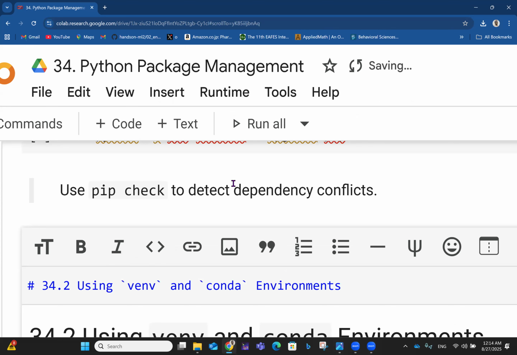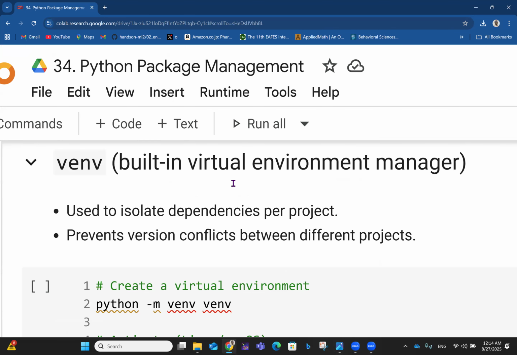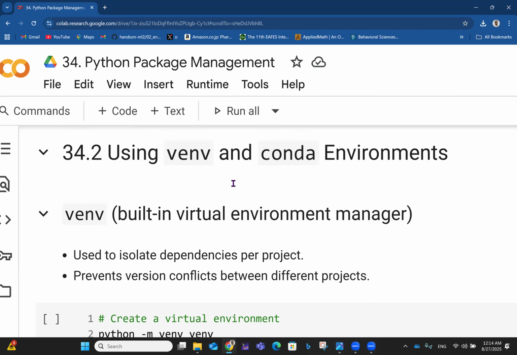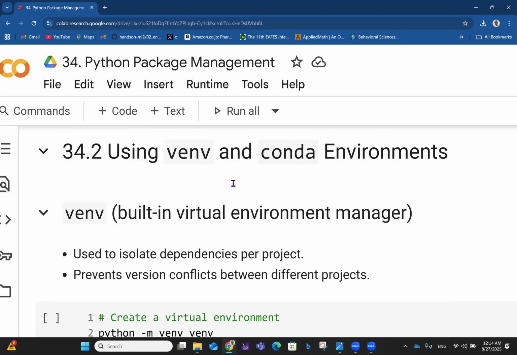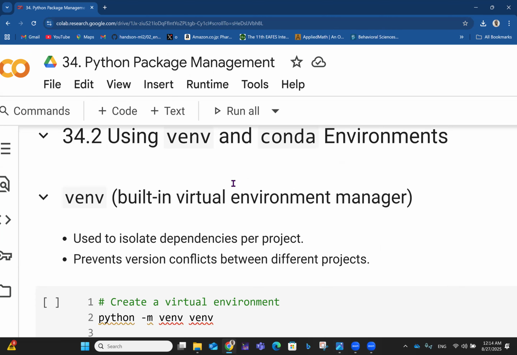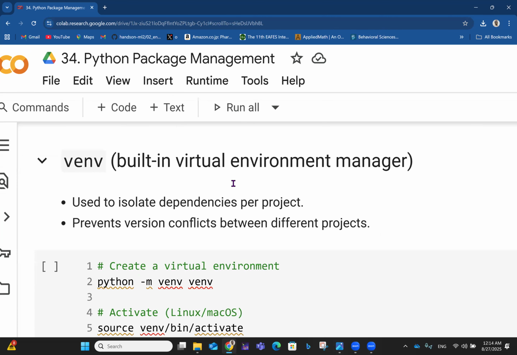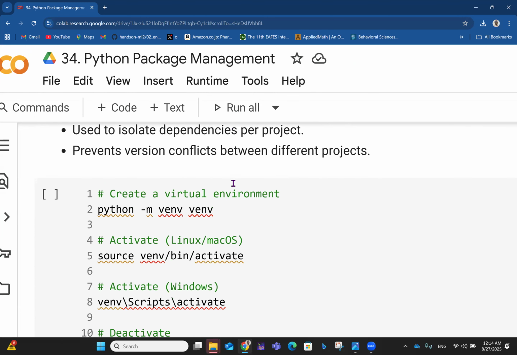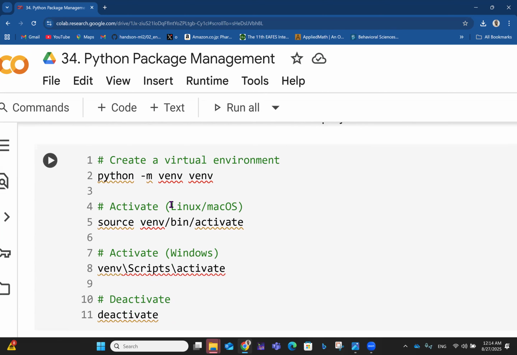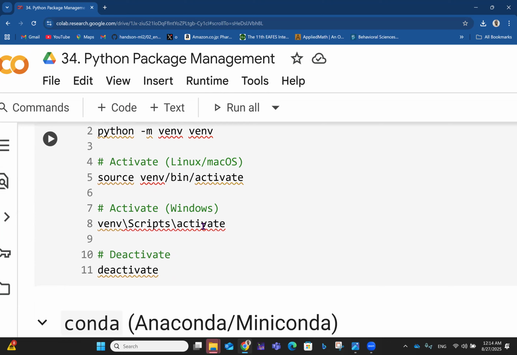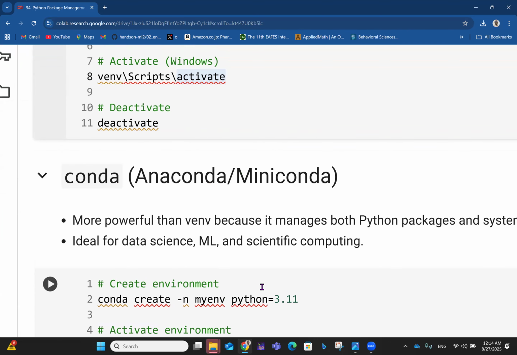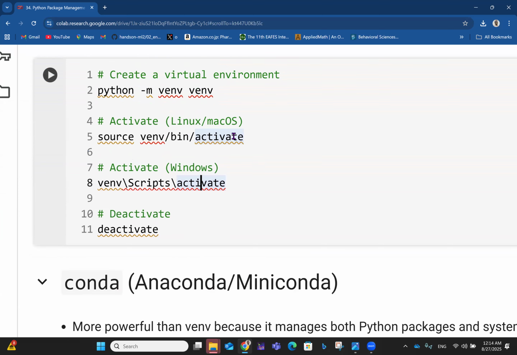Okay, all right. So for 34.2, we want to see using venv and conda environments. So venv is the built-in virtual environment manager. It is used to isolate dependencies per project and prevent version conflicts between different projects. You can create a virtual environment by using python -m venv. You can activate it, whether on Linux or macOS,